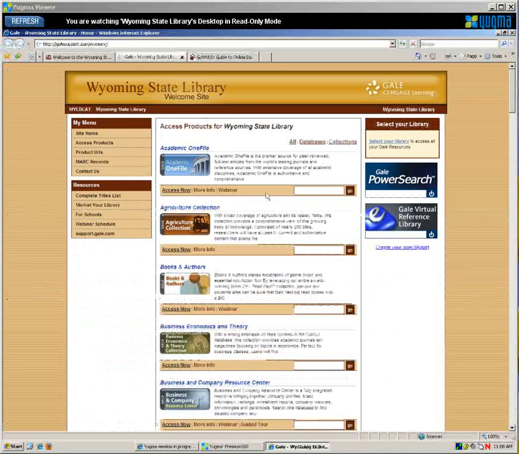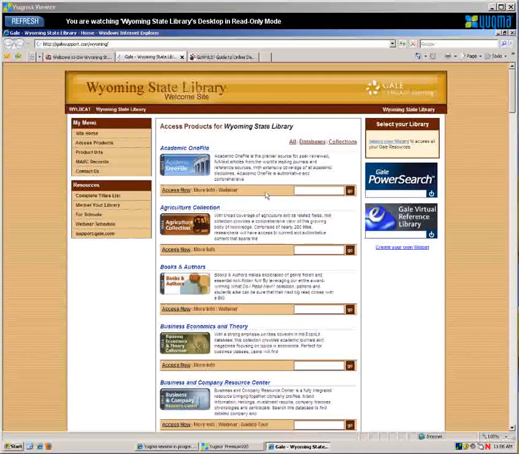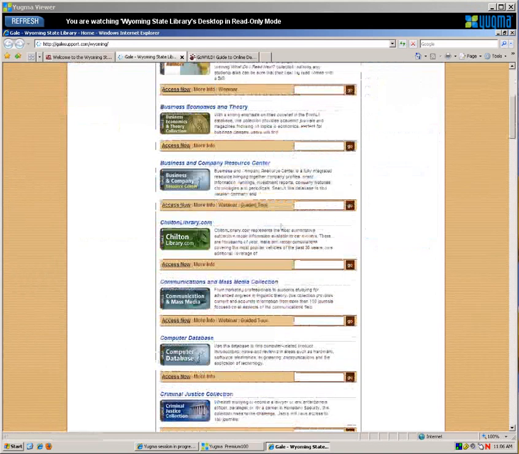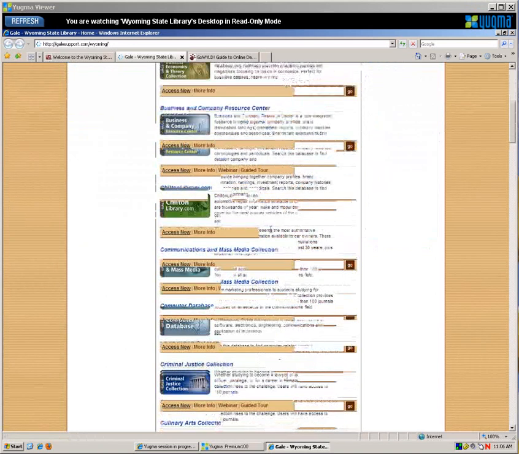But for today, we're going to be looking at the Gale resources that fit under our Home Sweet Home, and that's going to be the Culinary Arts Collection, the Home Improvement Collection, Hospitality, Tourism, and Leisure, General One File, and if we have time at the end, we might look at popular magazines or a little bit at the Health and Wellness Resource Center. These are in alphabetic order here on this list, so I'm just going to scroll down. You can go through those when you come in and practice with them, but I'm going to wander down here